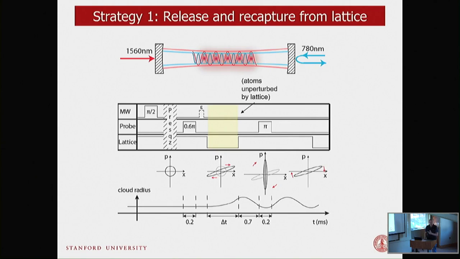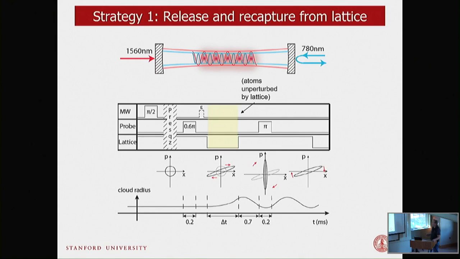And I'll show you in some math on the next slide that this is not a great situation for observing high fidelity squeezing. The bottom line is you need to carefully time the sequence. I don't have enough time in this talk to go into the details, so that you have some reasonable control over the position distribution of the atoms when you make your QND probe. So we actually turn the lattice on for a certain amount of time before we come in with the second probe in order for the momentum position distribution to get to a point where the atoms are well localized again